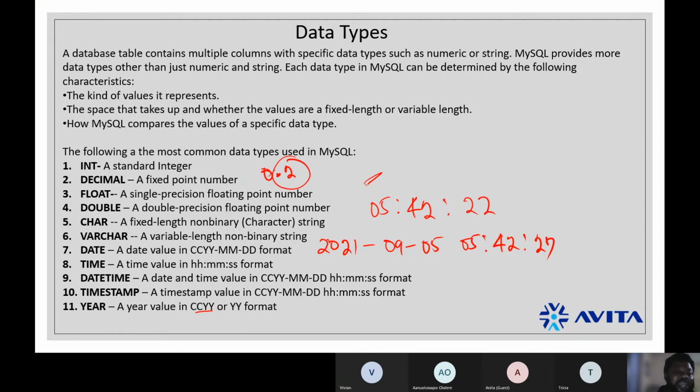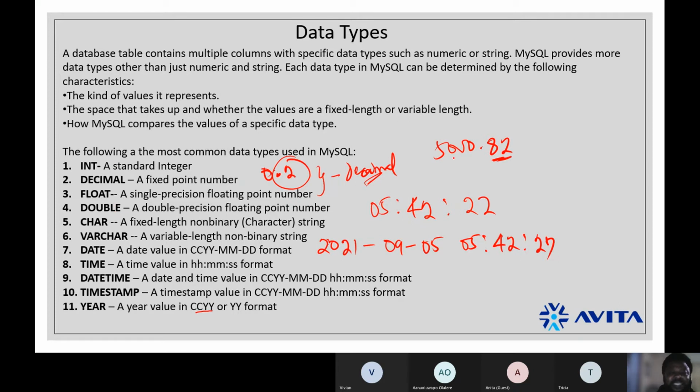Float is also a single precision floating point. So decimal and float are actually the same, right? They are actually decimal numbers. So you can have somebody's salary as 5,000.82, right? You're saying that to precision. In fact, decimal, float, and double are the same.